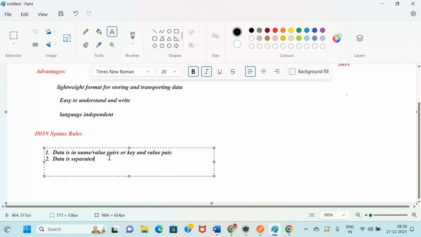Then next thing, curly braces hold objects.